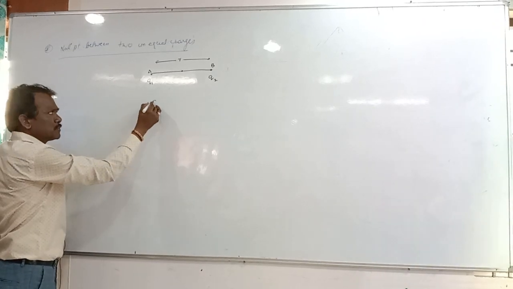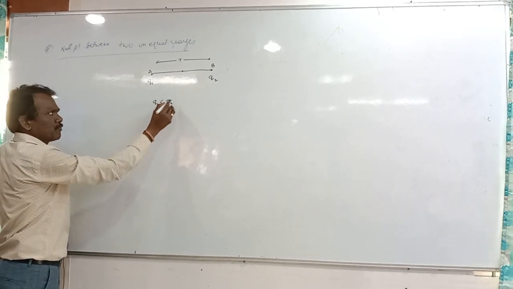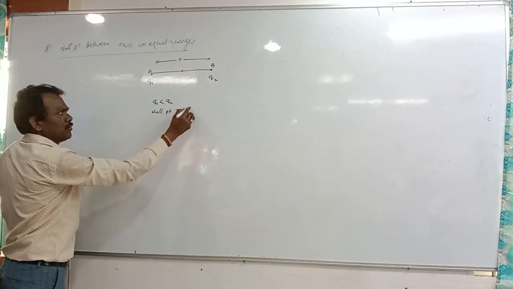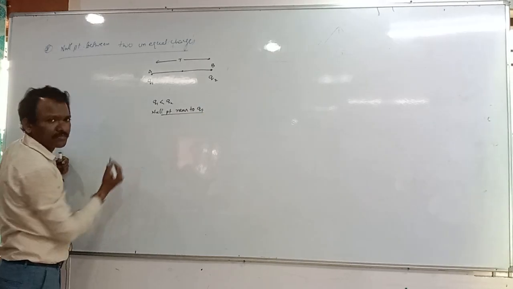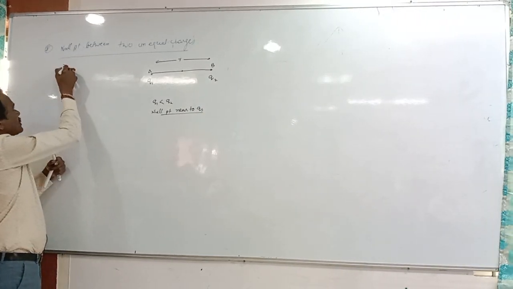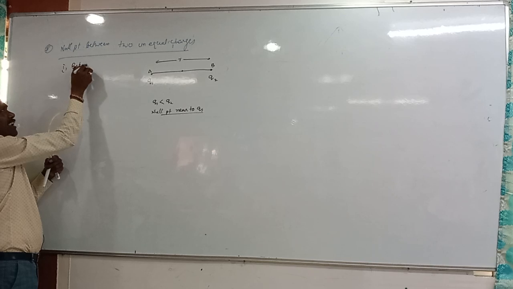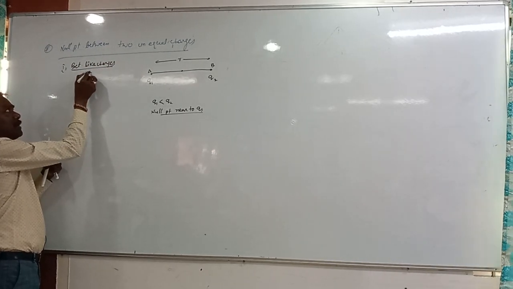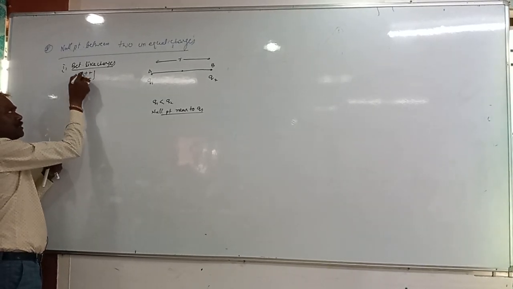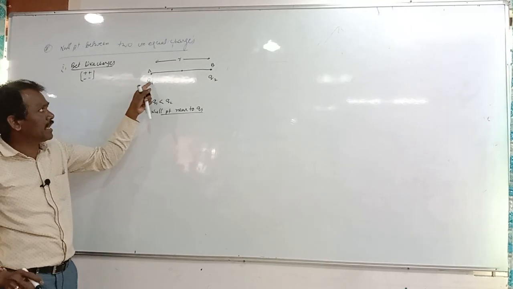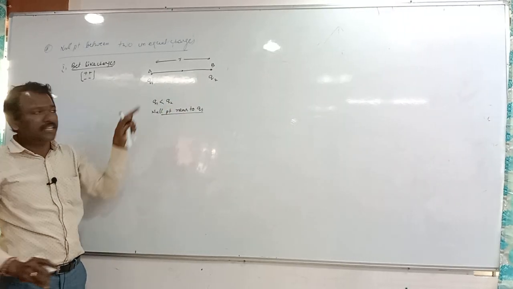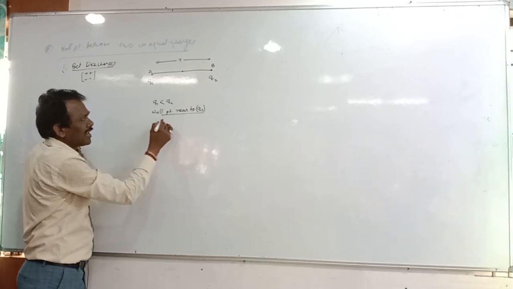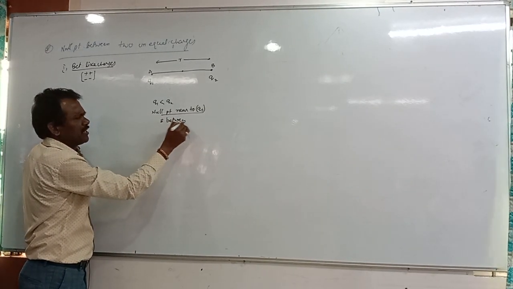If q1 is less than q2, the null point is nearer to q1, isn't it? And here the first condition is between like charges, either plus plus or minus minus, right? If like charges are there, the null point will be nearer to q1, which is the smaller one, and in between